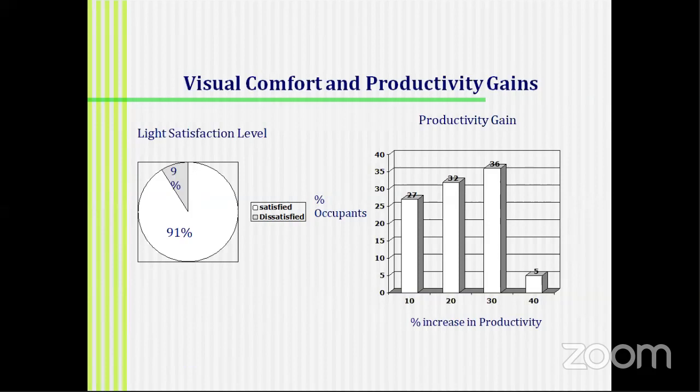And at the same time, buildings are built for comfort, built for effective functioning. So we need to have visual comfort. We need to be productive in buildings. For which it shows that there's a percentage increase in productivity of 36% in most of these certified buildings,